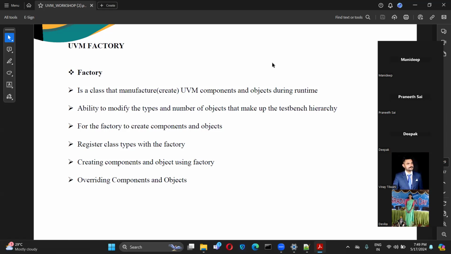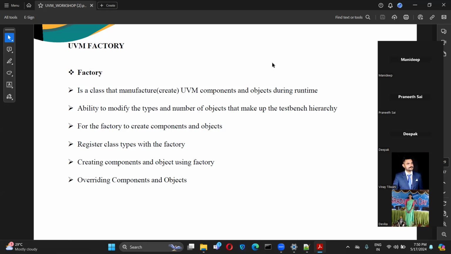And it is like a lookup table, it will have all the things related to the different components whatever we are using. And when we are doing it in the factory, you need to use the create method. You should not be using just new, like how in SystemVerilog we would construct just by the new constructor. Instead, if we want to use the UVM factory, then we need to use the create method. Actually, even the create again will go for new only, but in the UVM methodology we have create. That's why we have to use the create method.